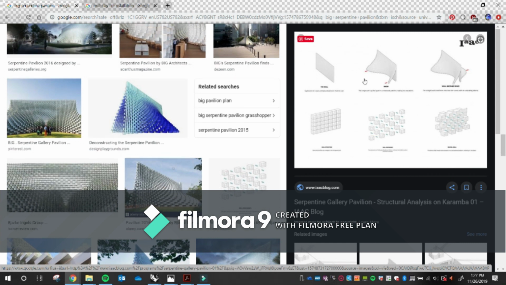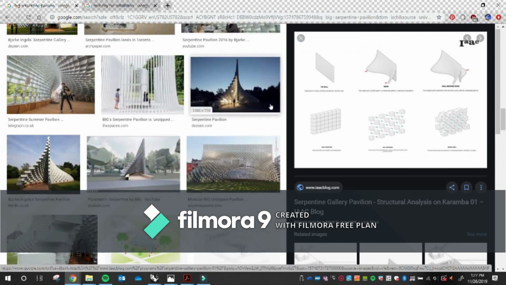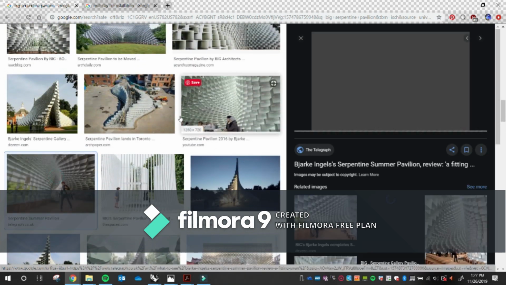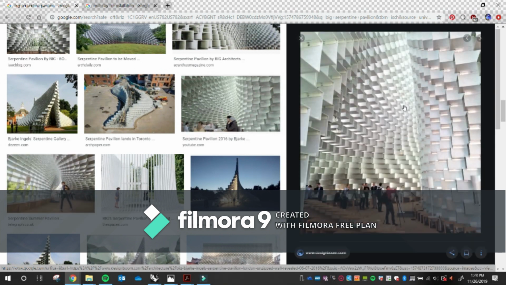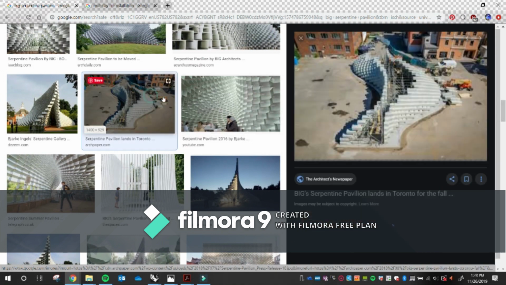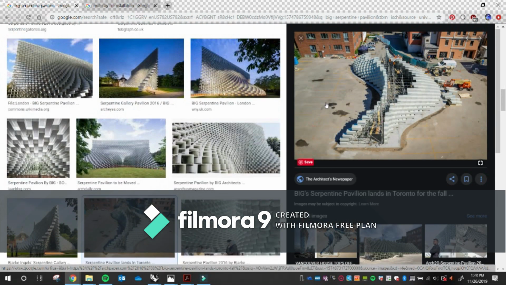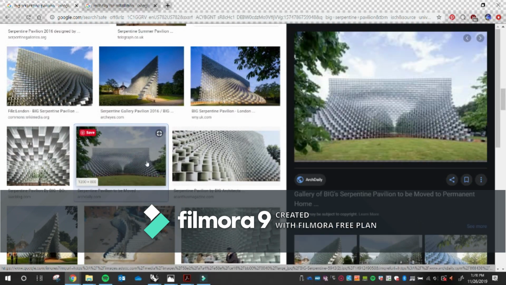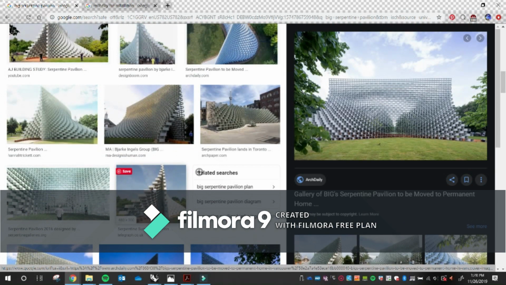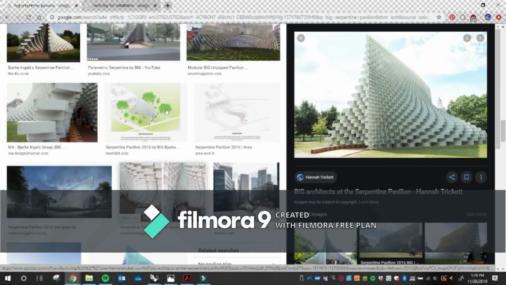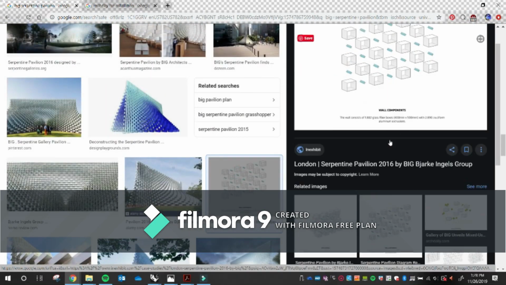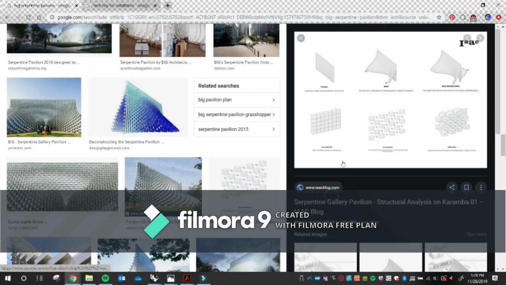But as these diagrams show, that's the space from the inside. Some more images from the inside, the pavilion during construction. We have some of the outdoor images, and again some of the renderings, and no, this is actually a photograph of how it looks from the outside. But what's really interesting is this diagram that talks about the essence